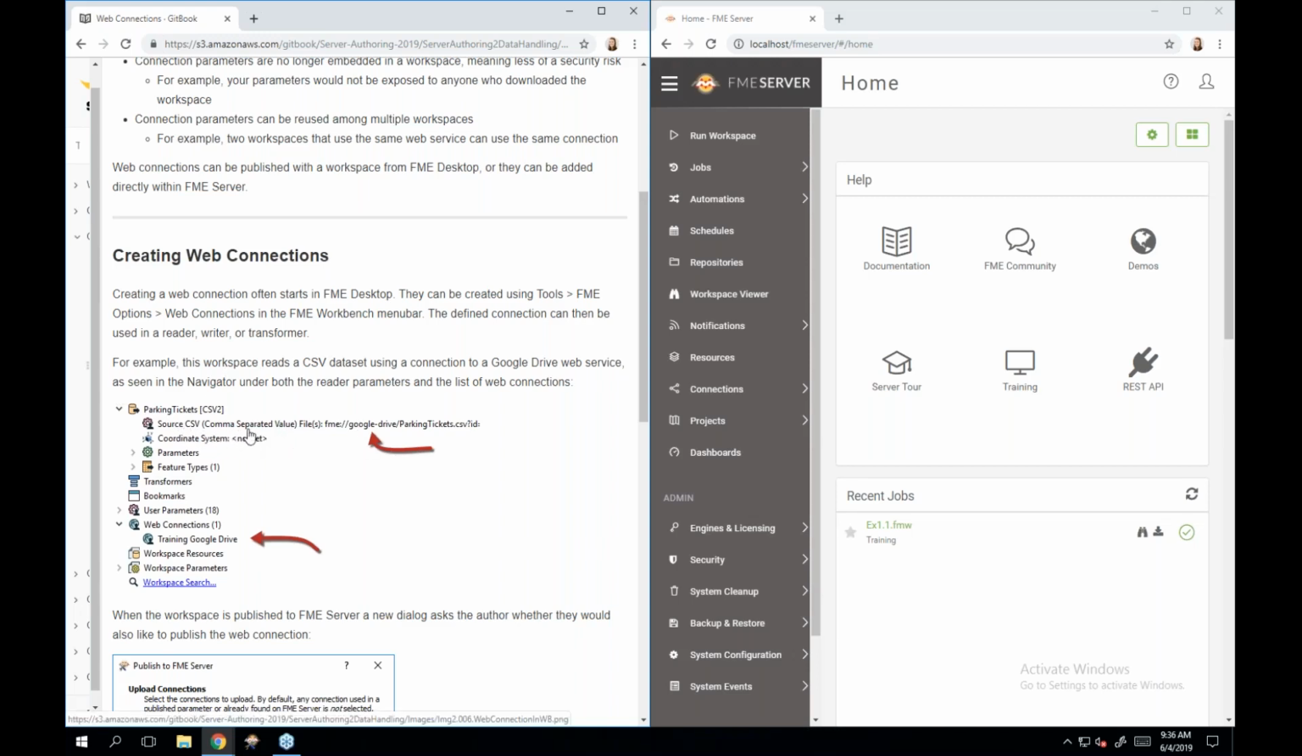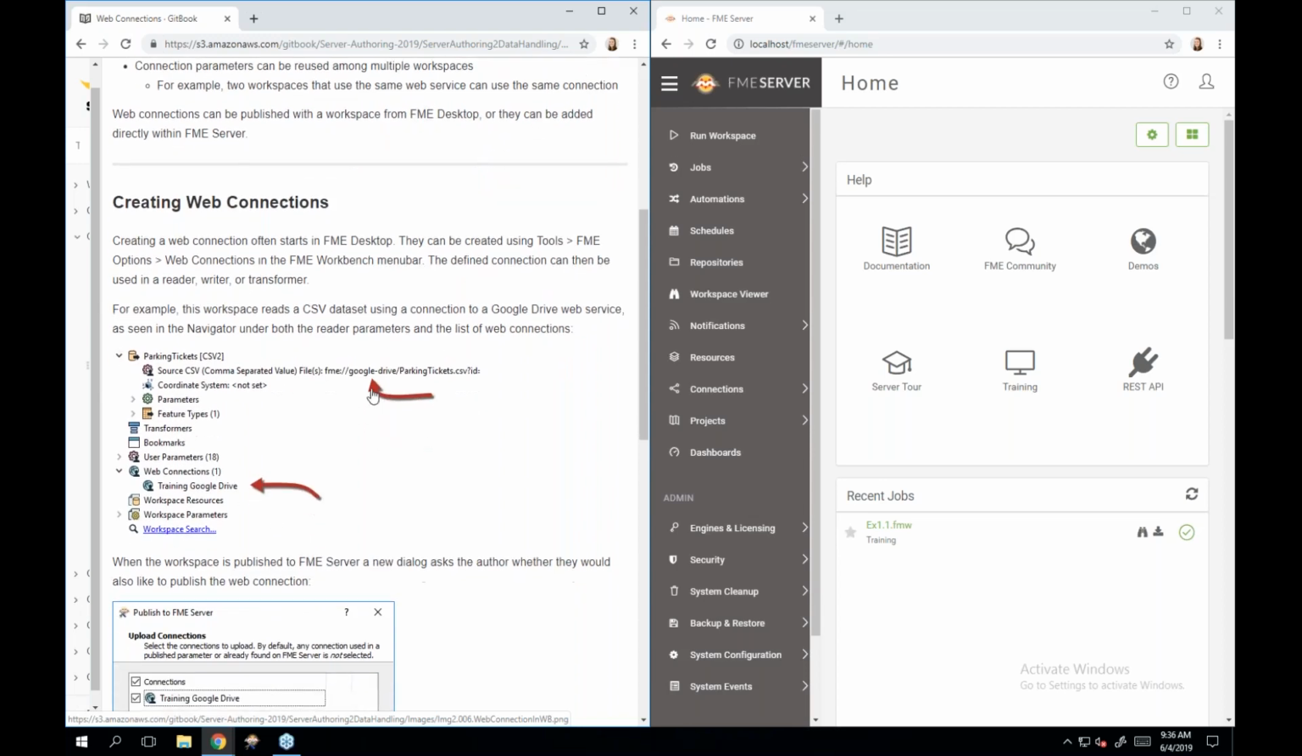So in this example, we are reading in a CSV dataset. However, we are using a connection to a Google Drive web service rather than a file stored locally on our system. So we can see the reference to the file there, and then we can see that we are using a web